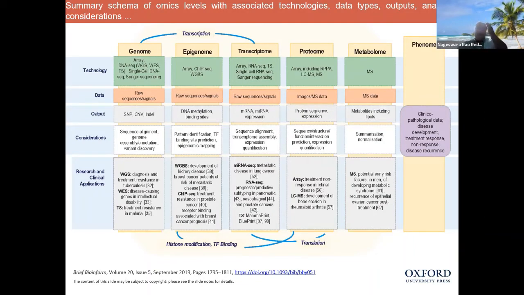Okay, now in phenome, we have the data which is being expressed, that is clinical and pathological data of a disease. Now we correlate all this genome, epigenome, transcriptome, proteome, and metabolome data with its clinico-pathological data, which is already established, between the response and the non-response. That means those persons who are having a disease and those persons who are healthy, their phenotypic characters are compared. Then you will get how a disease is actually manifested.